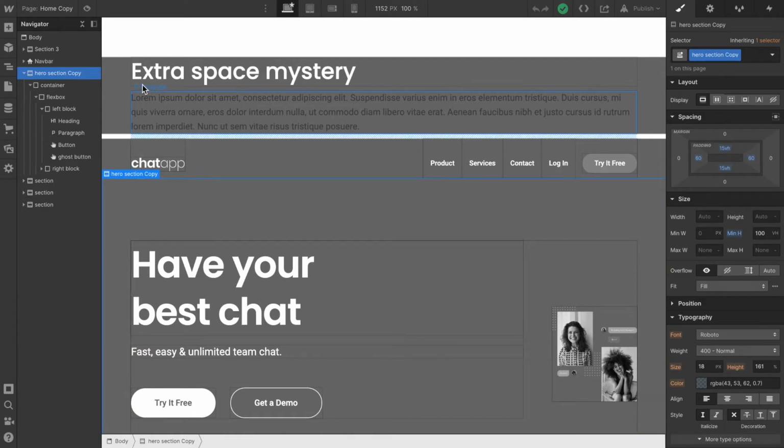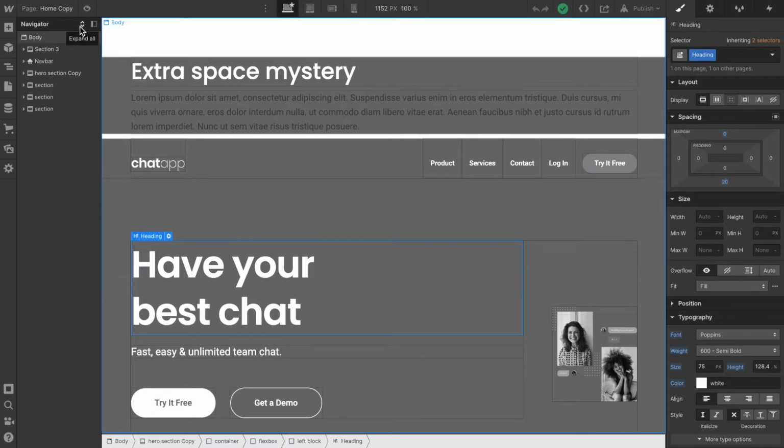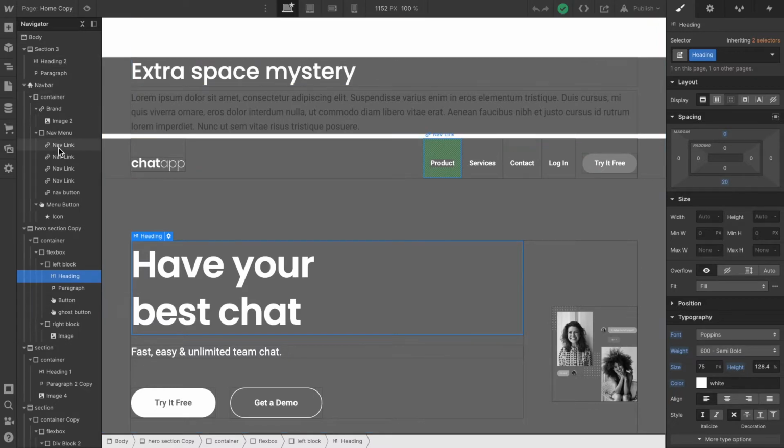And what I like to do is actually to hover over inside the navigator, because in the navigator you will be able to cover all the elements, whereas on the canvas sometimes you will miss a parent because they are very neatly wrapped around some element. So what you can do inside the navigator is click this icon to expand all of it. If you press once, it's going to collapse. If you press again, it's going to expand all your elements. And then wherever you are, you don't have to go all the way to the bottom, right? Wherever you are, find that element and start hovering over it